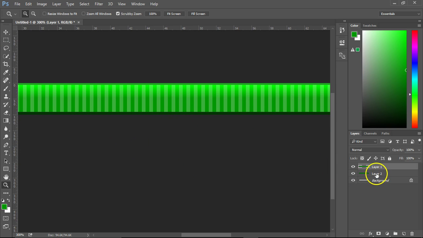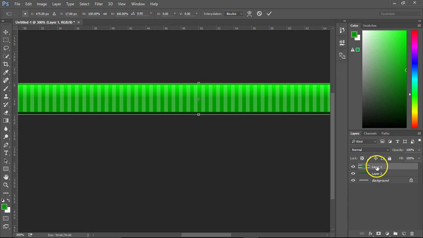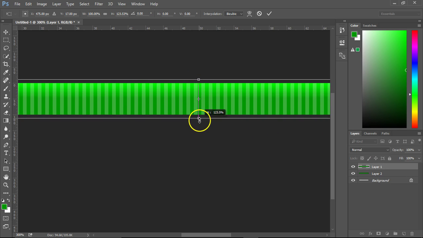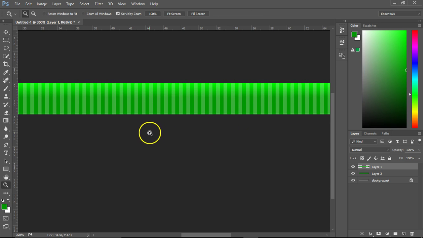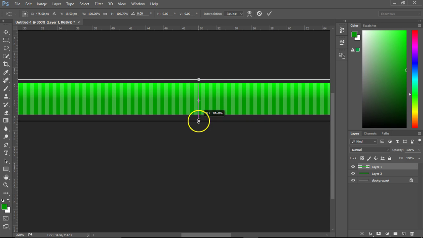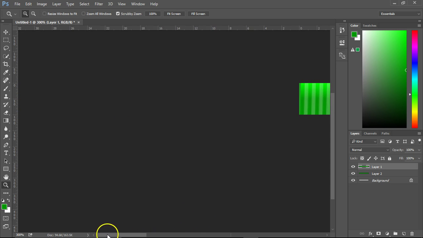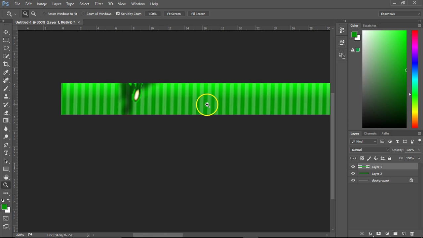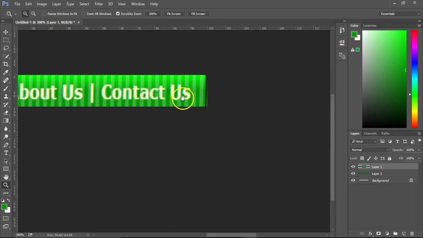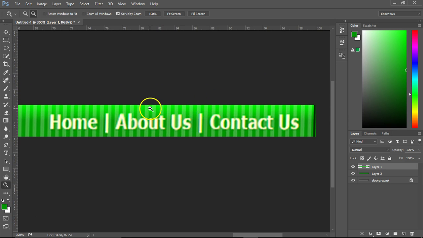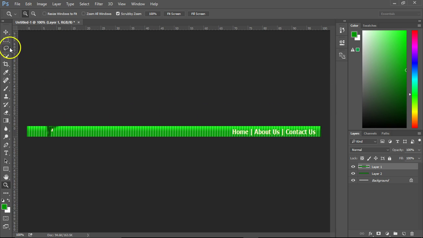I can actually take this one, do Command T and transform it, bring that image up, bring it down. I actually like that better. It's nicer. Let me see, Command T, make sure it goes all the way down. There we go. See what it looks like on the side over here. Not digging that. And I'm not digging the home and about us. So that's what I'm going to do. I'm going to snag a part of